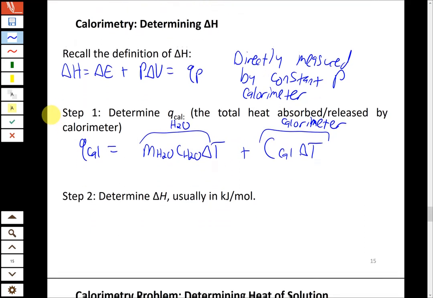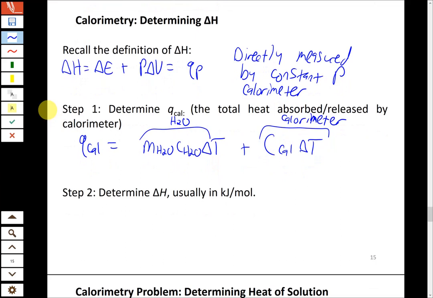In this case, though, we're not measuring MC delta T for the reaction. We're trying to measure delta H. And the way that this works is we'll say that the heat of the reaction, Q rxn, is equal and opposite to the heat for the calorimeter. Again, minus sign on either side in reality. But this is just measuring the heat involved with that reaction at the specific scale that we did it on. So this value